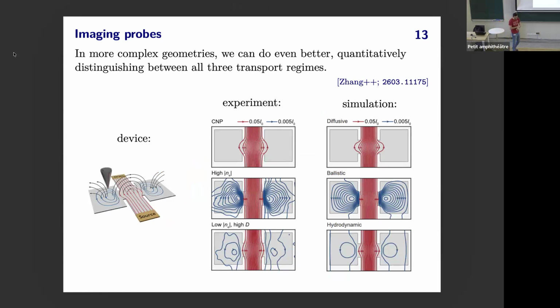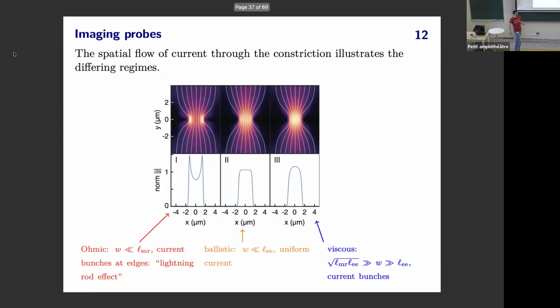As I mentioned, one can sort of improve the situation. I have a question, actually. So when doing simulation, I guess you need to impose some boundary conditions. Yes. So what are the boundary conditions? It's a good question.